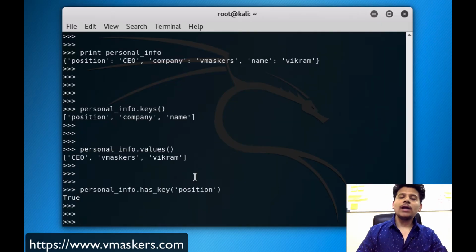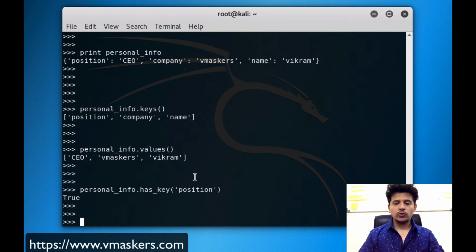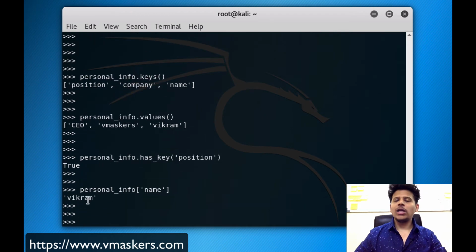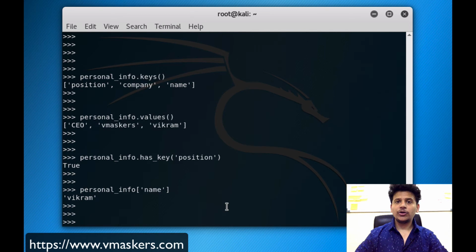Now if you want to print a particular key's value, we use personal_info and in the square brackets the key. Okay, it will print the value. Now if you want to add a particular key value pair, we use the dictionary name, then create a new key such as height.